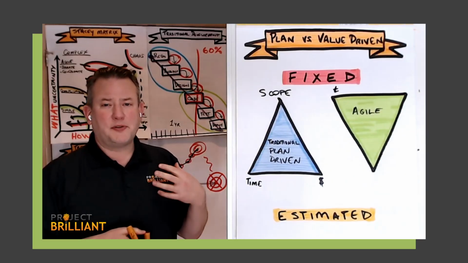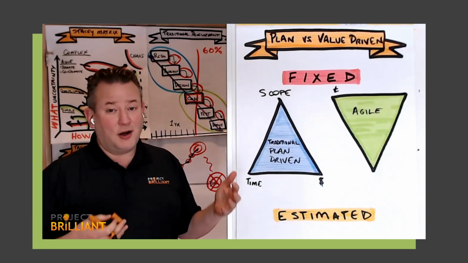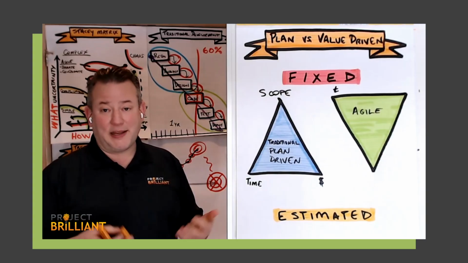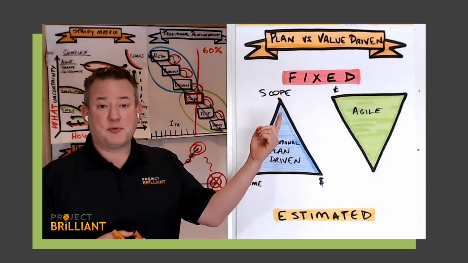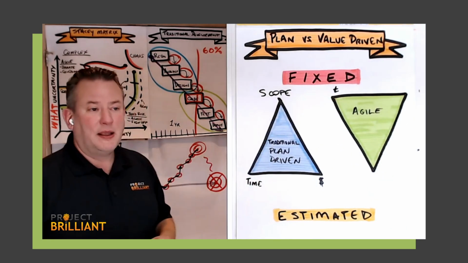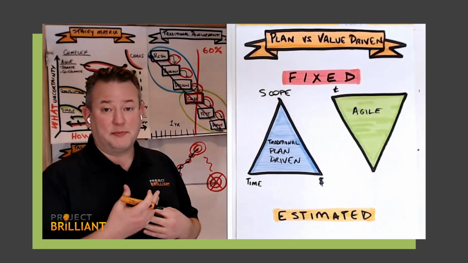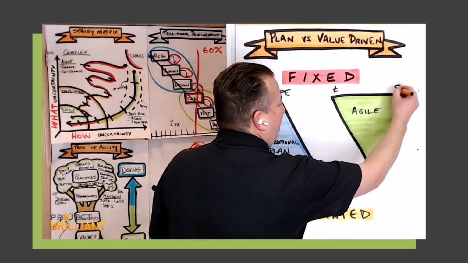And what we can do if we're using an Agile approach, especially if we're using Scrum, is that we have a fixed cost essentially, because we should have dedicated teams that we're paying salaries, benefits, overhead. We can do the math and figure out between now and June 1st how much we will have to pay to get to this date. And so we're not allocating funding to a project, we're allocating funding to teams, the group that will actually work on this thing. And so that becomes a fairly fixed variable.